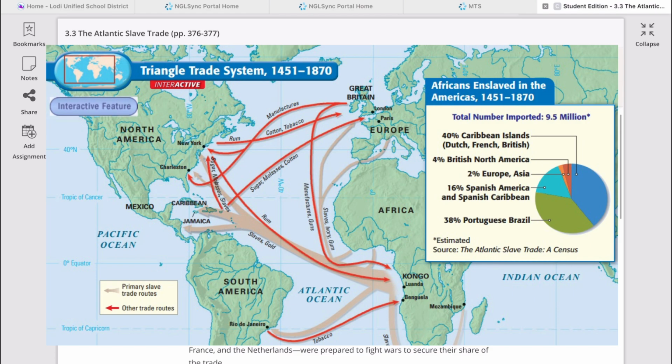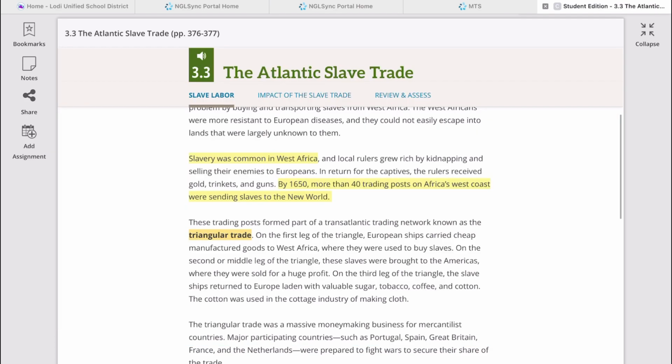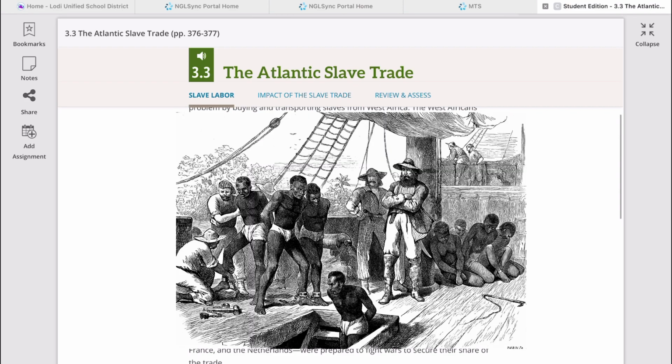and other stuff that they use for payment in purchasing slaves in West Africa will come from the European continent. So although there are four continents mentioned here, it only forms a triangular system because we included both South and North America. So let's talk about the impact of the slave trade.